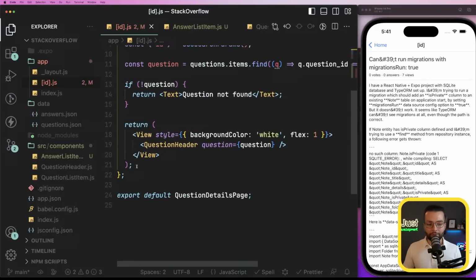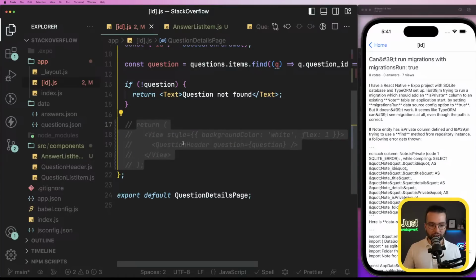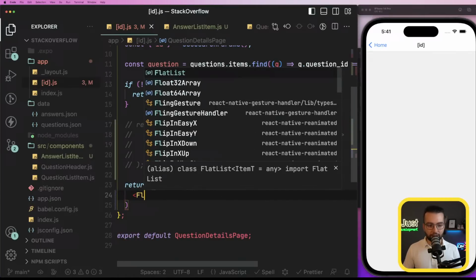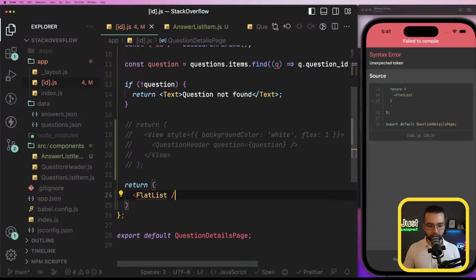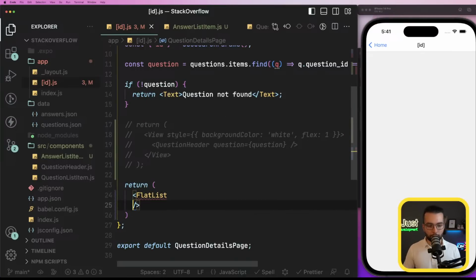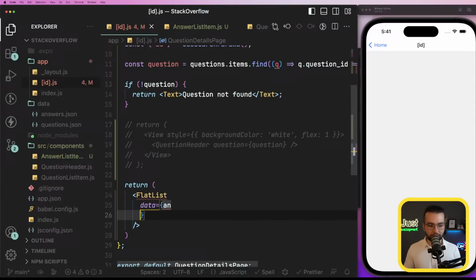For a moment, let's comment out this return statement just to focus on the answers here without having this question header. So I'm going to comment it out, and below, let's go ahead and render a flat list with data, our answers,